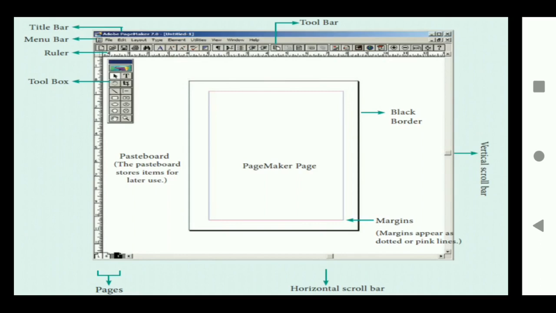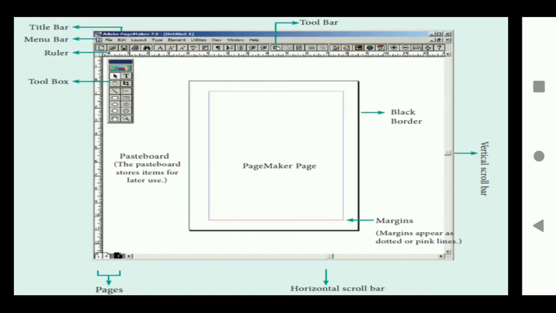Followed by the menu bar below, where File, Edit, Layout, Type, Elements come under the menu bar, and followed by the toolbar, which has quick access. Instead of using the menu options, you can have direct access in the toolbars. It has something like 20 icons on the screen itself, which can be accessed directly, which are the common tools.